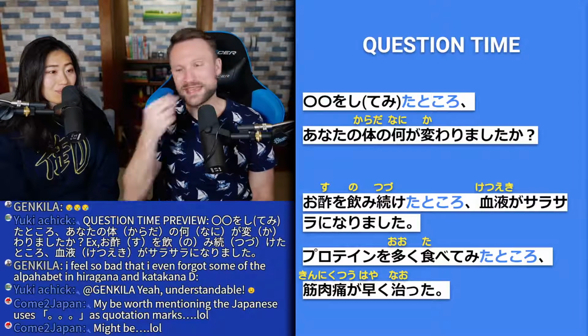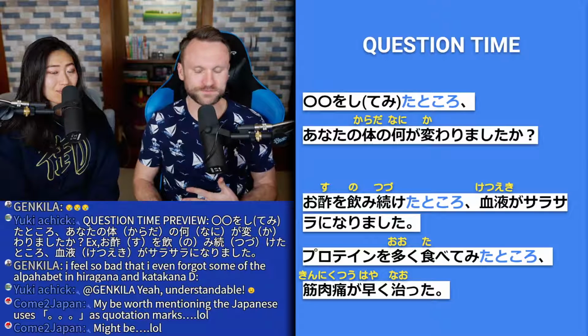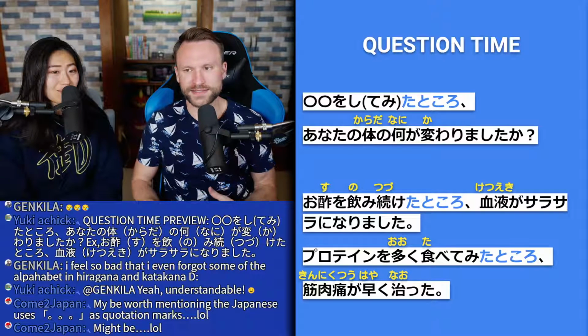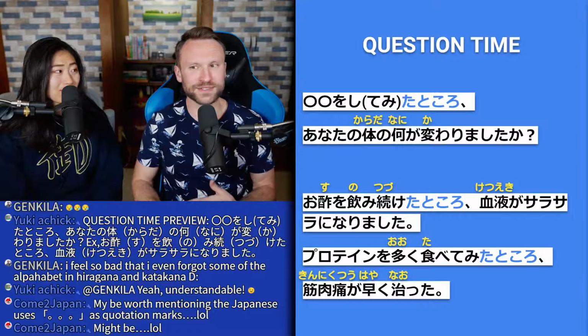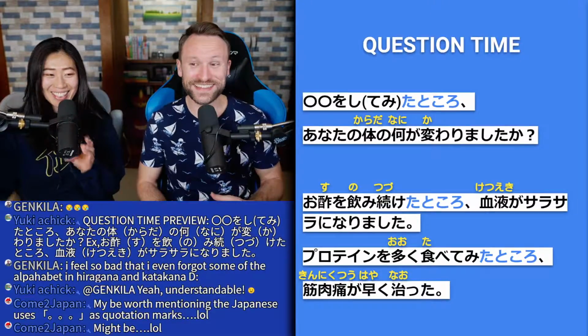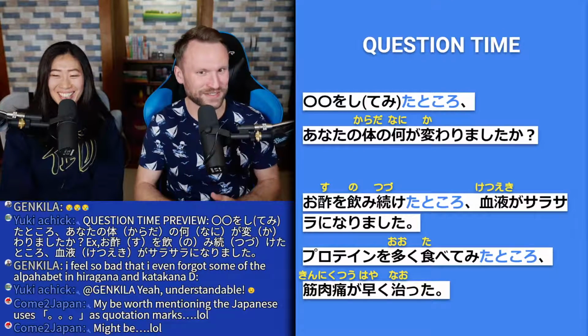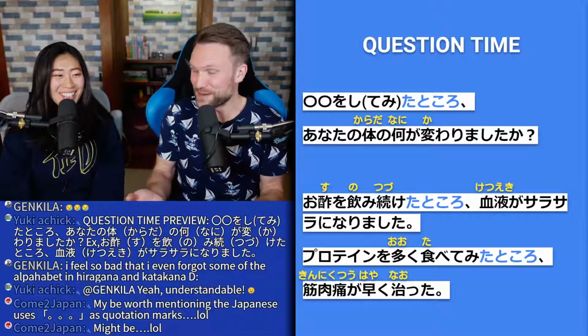So let's see what happens in the next section. Yuki pointed out when she was checking my story that I seem to burn things down a lot in my stories. I don't know if I just have a hard time ending them and I don't know what to do, but this is not the first time I've burned down a building in one of my stories. And I did not realize that until she read it. She said, "You burned down another building."